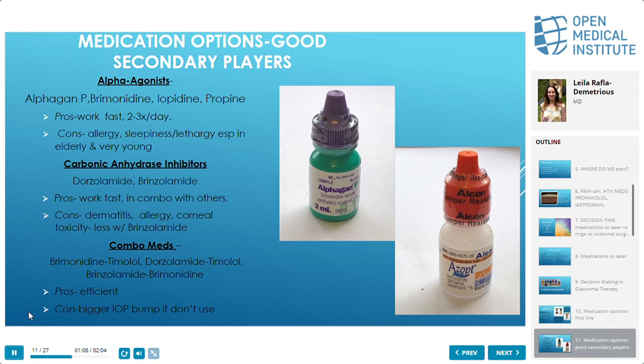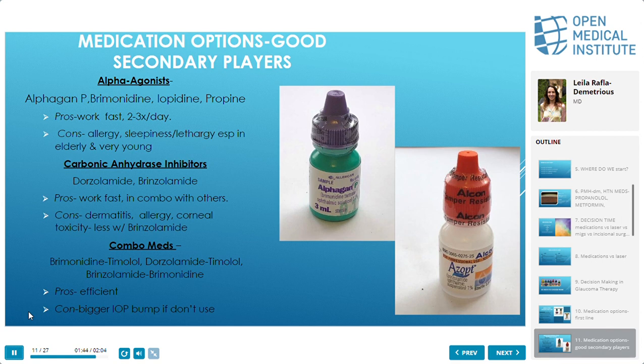The second class here is the carbonic anhydrase inhibitors, which are dorzolamide and brinzolamide. Again, they work quickly, they work well with others. Usually, again, a 2 or 3 times a day dosing. The cons with the carbonic anhydrase inhibitors are mostly topical. It can actually cause a pretty significant dermatitis around the eyelids. They get these kind of red, ugly looking lids. It can cause a topical allergy. Mostly it's just very corneal toxic, especially with dorzolamide, less so with brinzolamide. Corneal specialists really do not like this class of medication because the corneas really do look kind of crappy, but